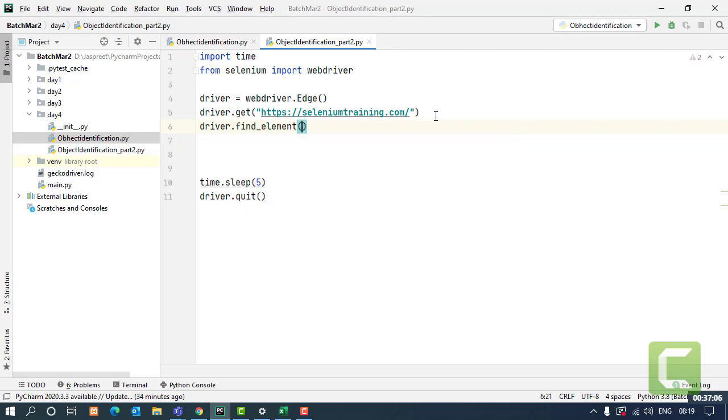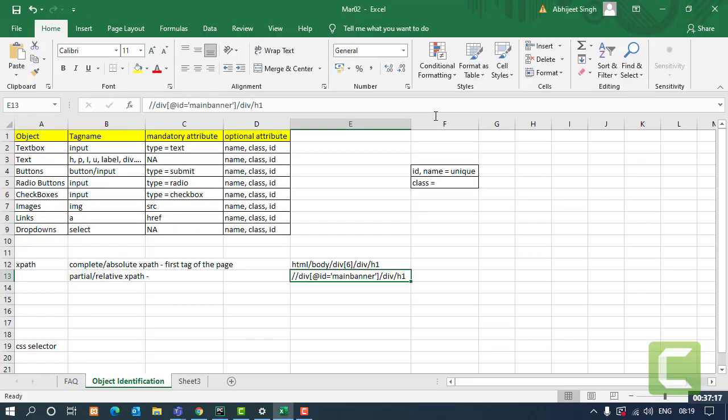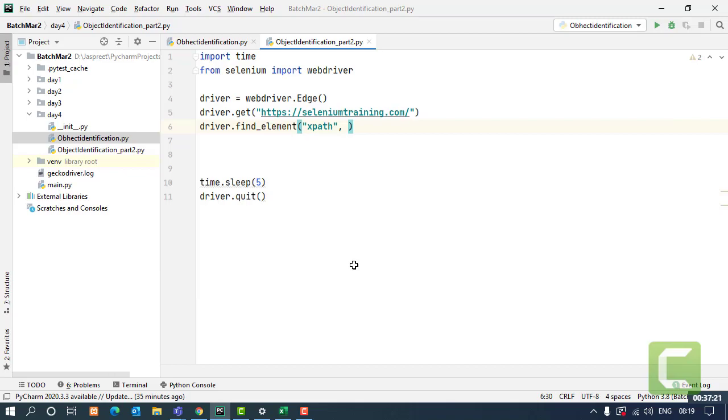If I use the generic one, I'll say the locator is XPath, and for the value, firstly we'll use the complete one and then the partial one. So I'll put this and I'll give my XPath.